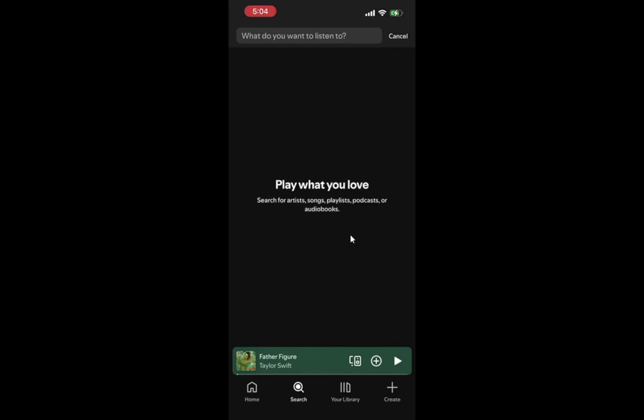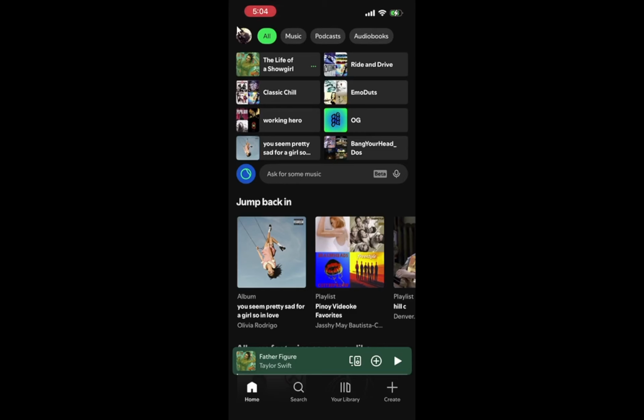This part controls your social privacy rather than wiping past plays. Open Spotify again if you are not already in the app. You will return to whatever tab you used last, such as Home or Search. Make sure you are signed into the account whose activity you want to hide.